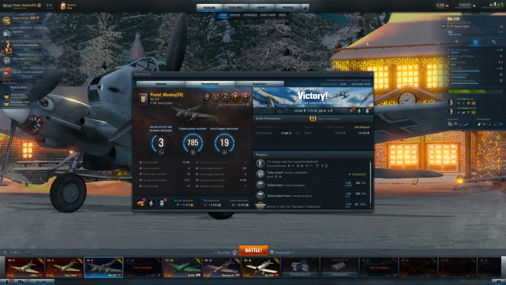Alright, well, I was going to do 2 battles with this plane, but I better save another battle for another day. So we had the Postal Monkey medal there as far as targets was concerned. We got 19 frags, a crap ton of capture points, and it just shows you what this plane can do. And we didn't even put it through